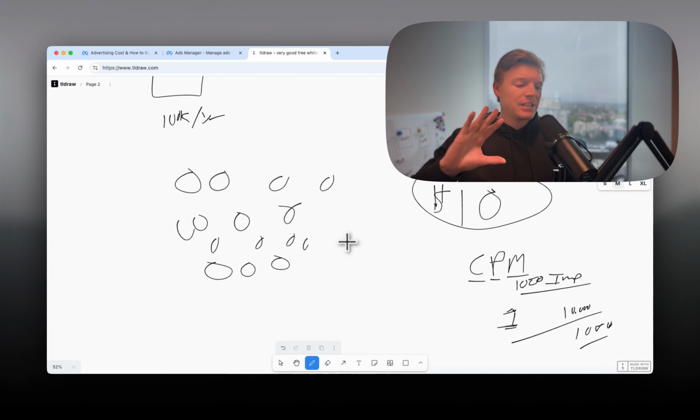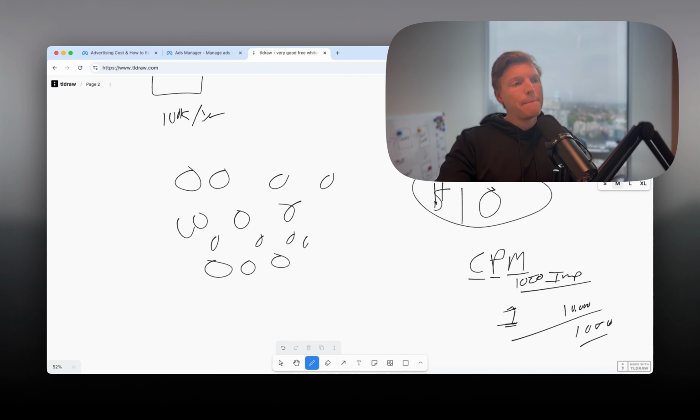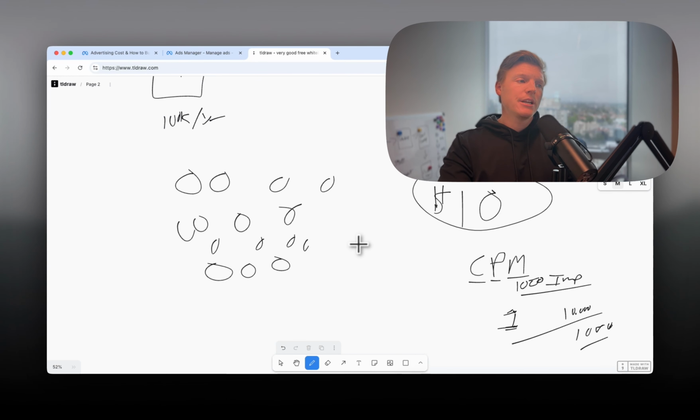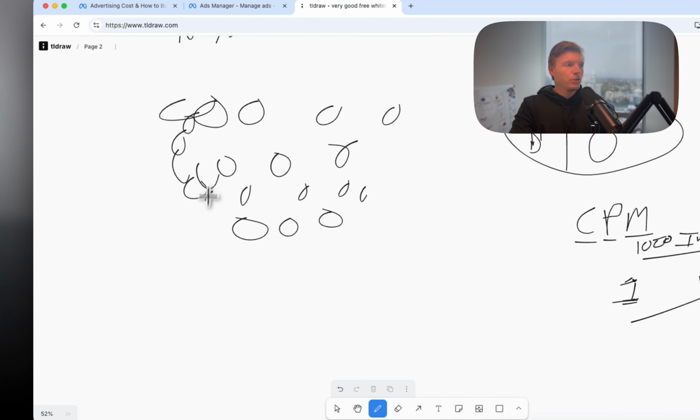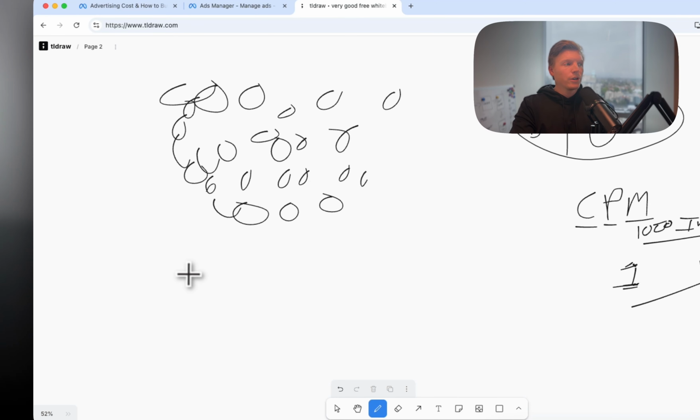This gets a little more into the advanced step, but essentially, Facebook puts every user into one of three categories.